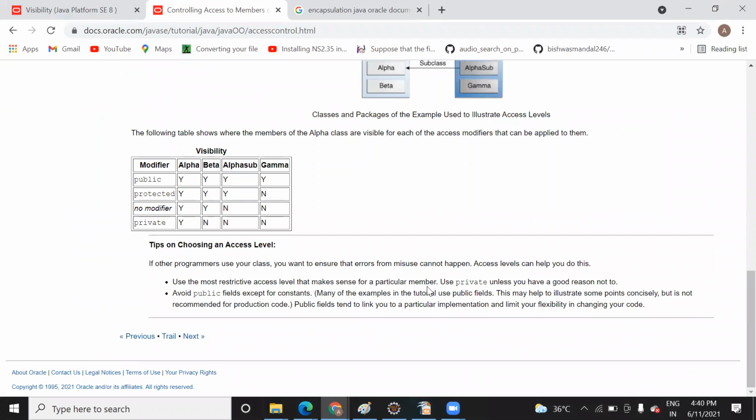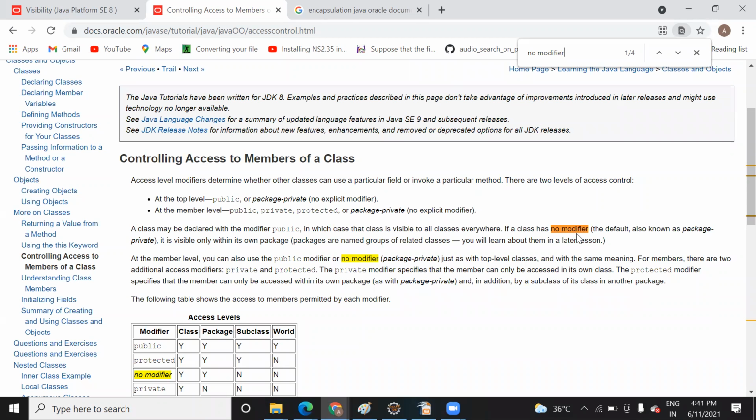Yes, let me check it once. I haven't used this no modifier before, but as per the document it might be there is some way of using it. Let me check if the class has no modifier: the default, also known as package private.